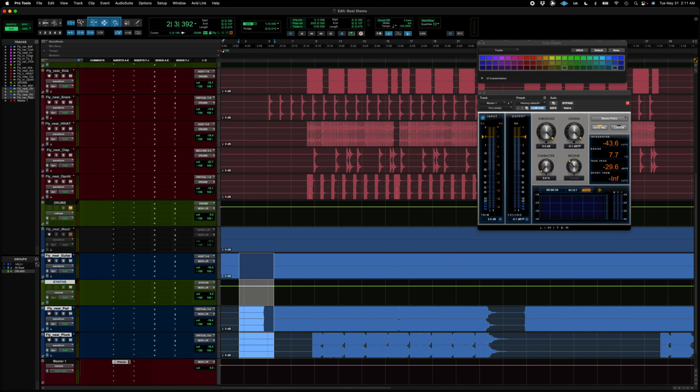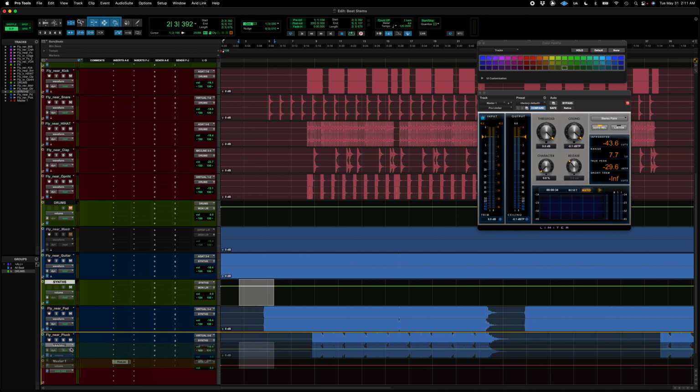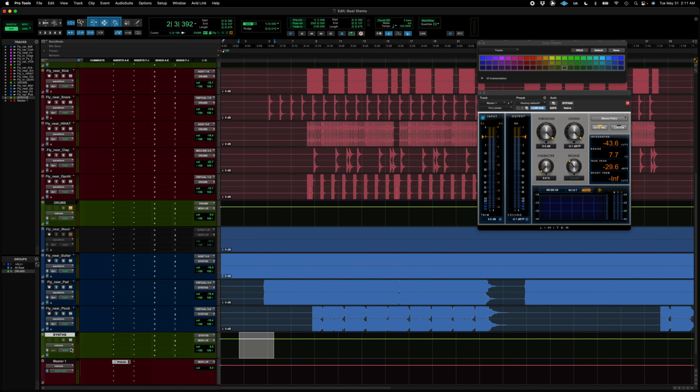And also it will create the aux underneath the track that you click on, if that makes sense. So I'll just move this down here. It's not a big deal. Everything is routed correctly and we'll just double check that. Okay, everything's routed correctly.